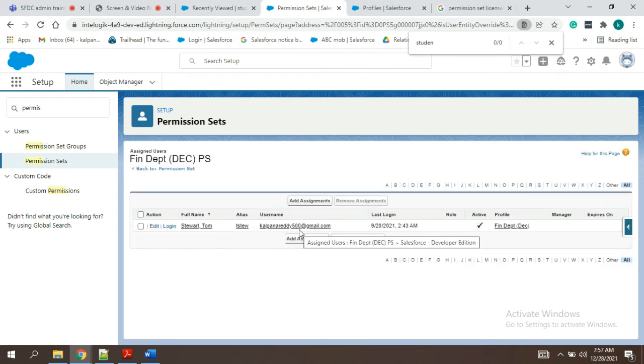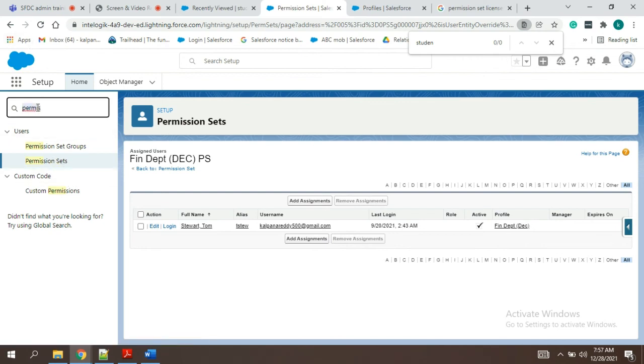That means you should never select any licenses while creating the permission set, so that it will be matched to all the licenses or all profiles, all users can utilize that permission set. Okay, now it has been added.